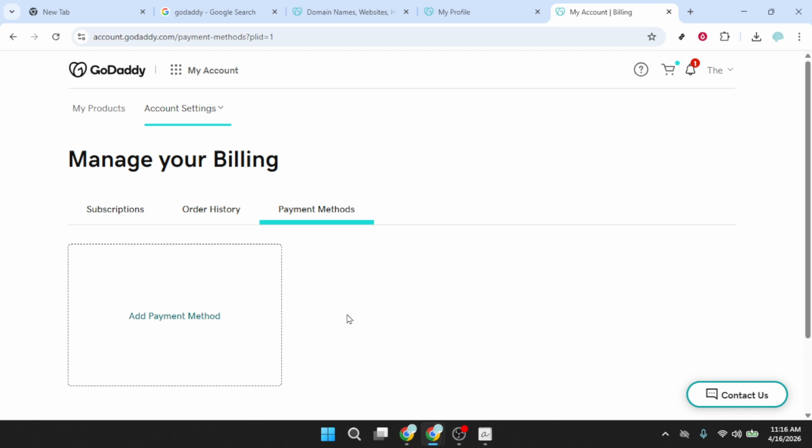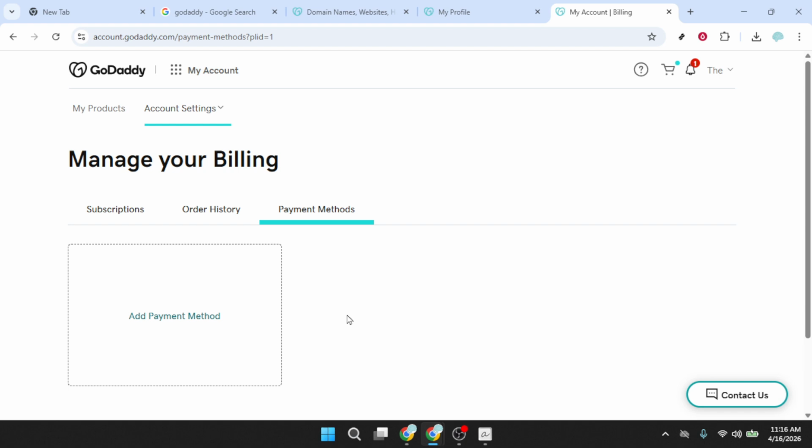renewals. A quick tip here: if you rely on automatic renewals for domains or hosting, make sure you won't inadvertently interrupt those services by removing a method you still need. It's always a good idea to double-check which products are set to renew and which payment method they use before you confirm deletion. If you don't see the payment methods option where you expect it, try viewing the site on